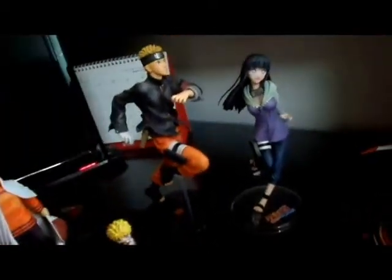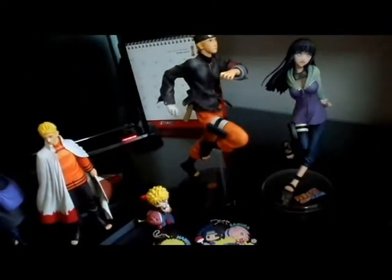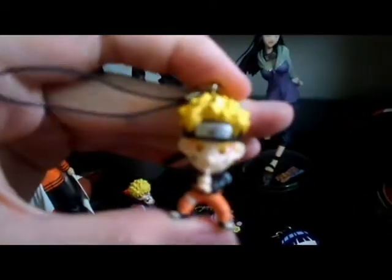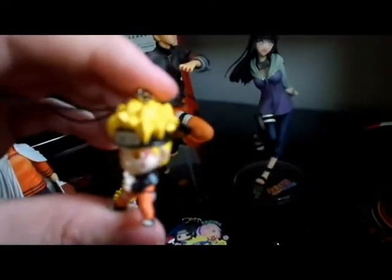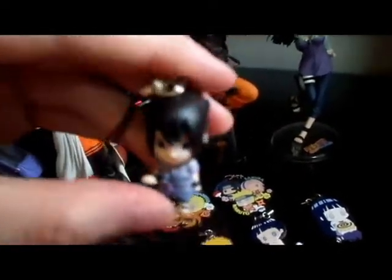Okay, so since we're still doing figures, I might as well go to the keychain figures because they have miniature figures. And this is Naruto as the Sage mode Naruto. You can see him right there with the orange eyes, with the frog, pretty cool. And then I got Minato in his Konoha gear here. So I got Naruto and Minato, and next to them I have Sasuke, and he's got his sword there. You guys can see this. Pretty cool. Sasuke. And then in a rare one I got